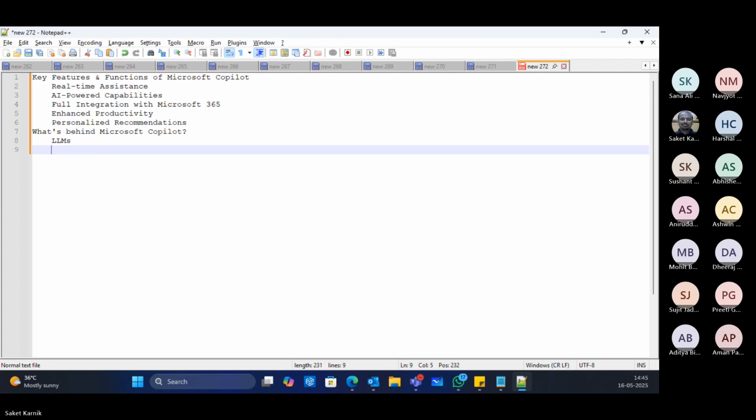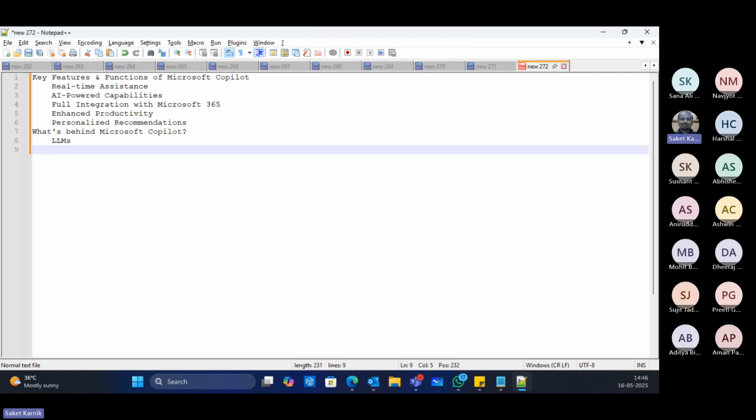Right? The models which are used here have been trained on billions of lines of code from different public repositories and documentation that are available, not only restricted to GitHub. Definitely GitHub is one of the primary sources, but other open repositories are also considered here, along with lots of, I would say, billions and trillions of natural language text as well, because it needs to understand what the user means to say, right?